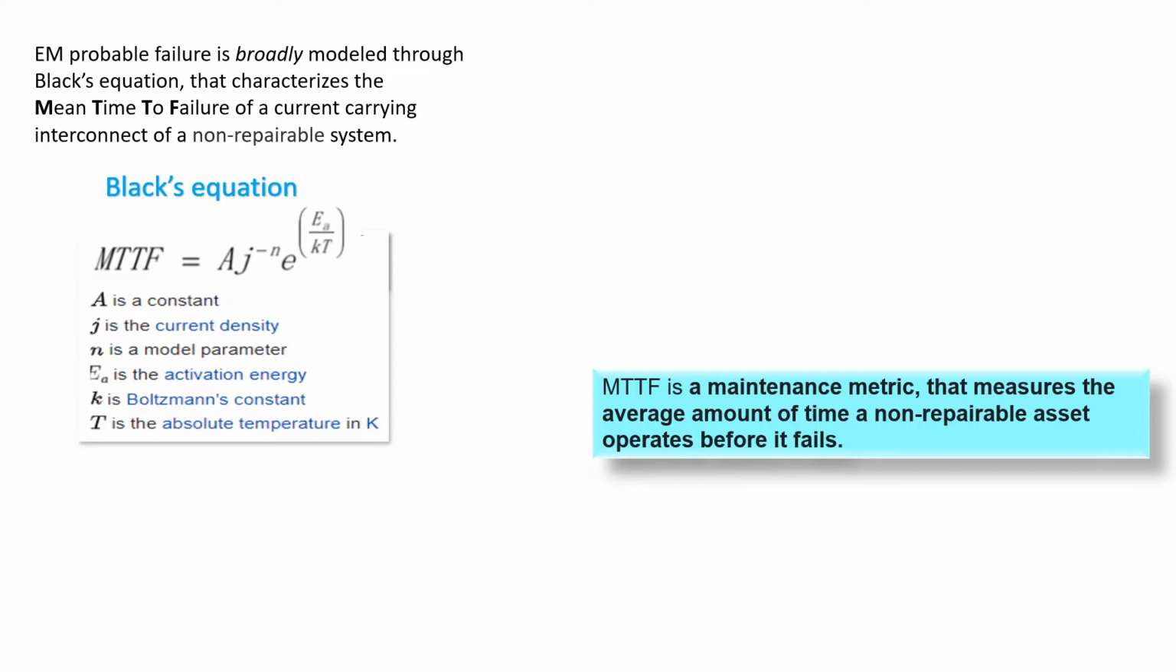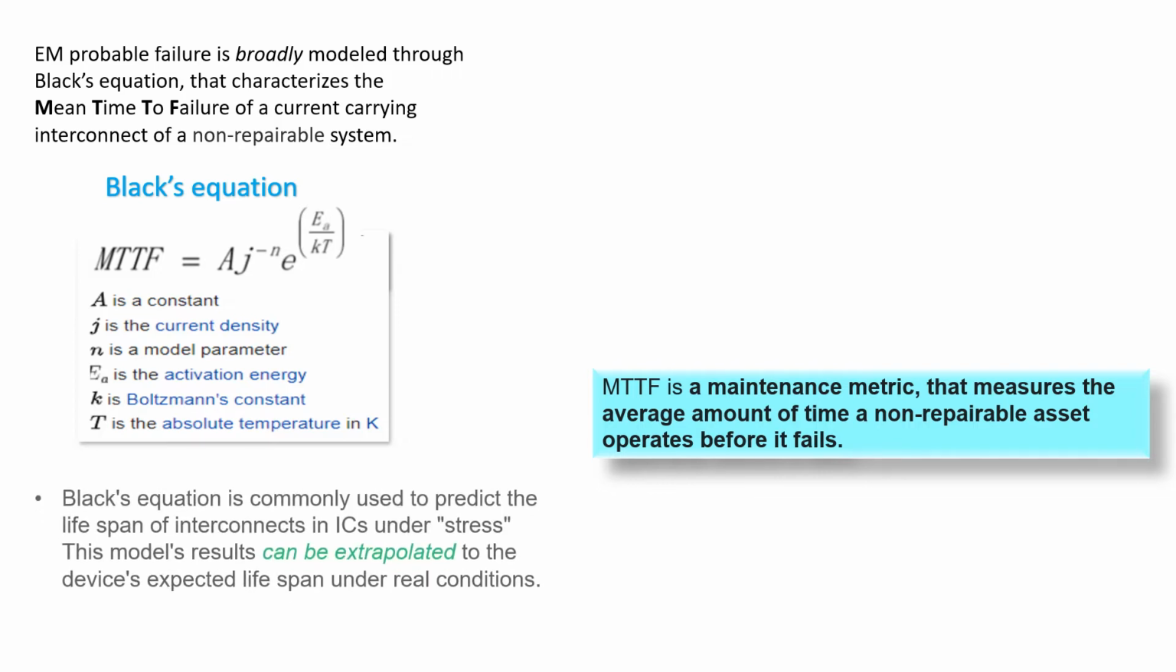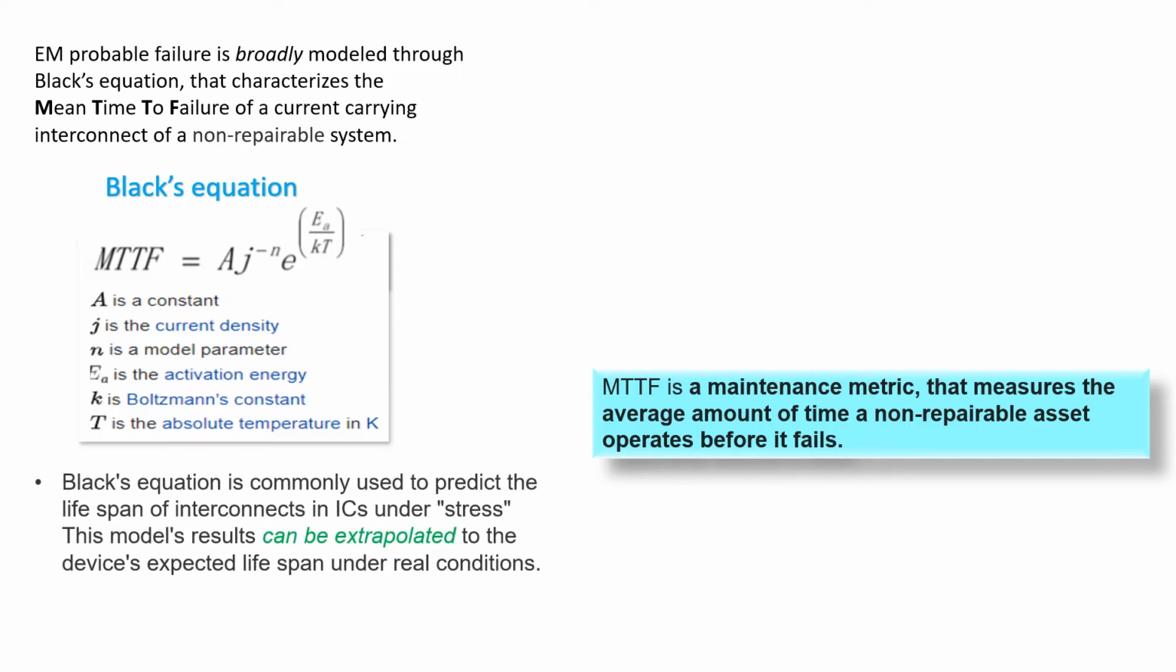So mean time to failure is a maintenance metric which measures the average amount of time a non-repairable asset operates before it fails. Okay, so learning more about Black's equation, we will find that Black's equation does not